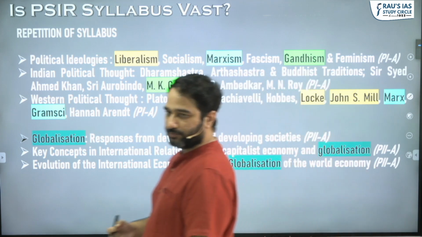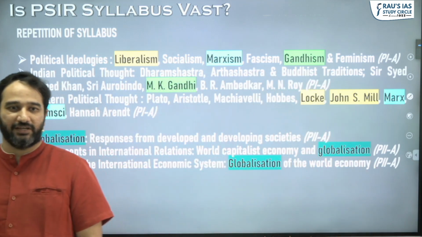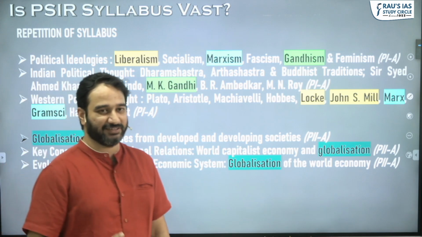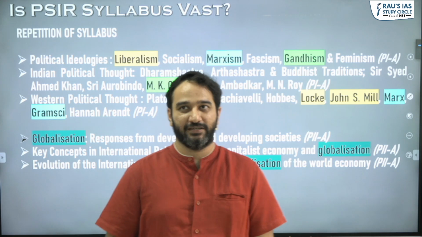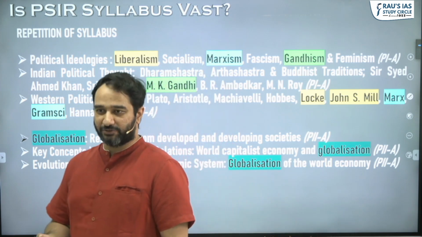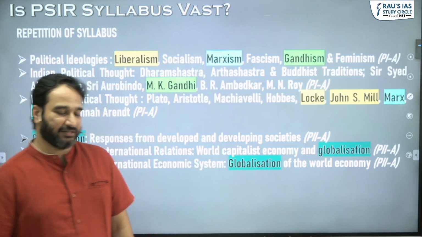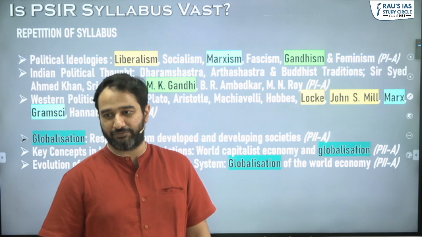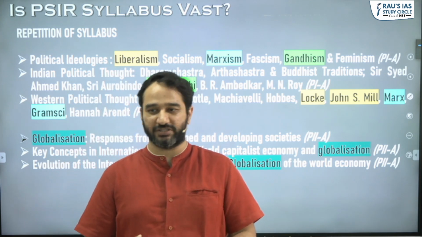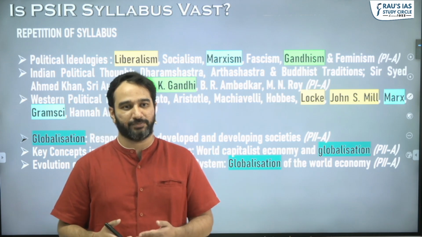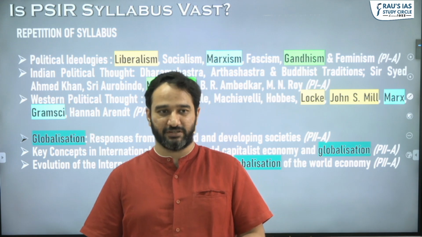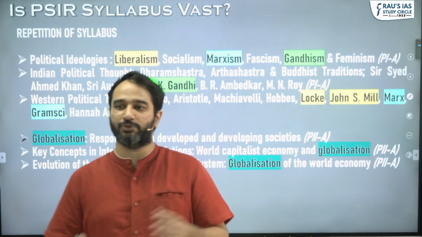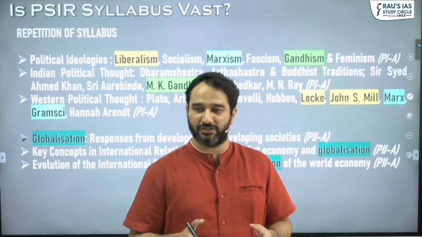One of the problems that students have is the presumption that the PSIR syllabus is vast. It's way too long, it's too much. There are two replies to this. One is that it would also be done in 6.5 months. If you take any other social science subject, whether it's sociology, public administration, or geography, all of them are also done in 6.5 months. If the syllabus was vast, it would take about 9 months. But that is not the case. It takes the right amount of time to cover the syllabus.